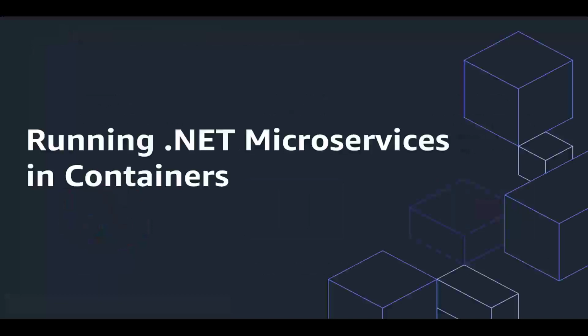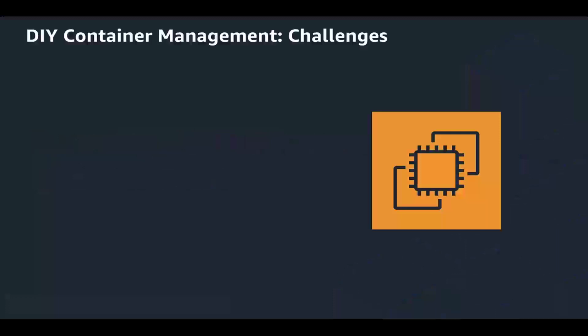Now we have our 3 microservices, and we've identified which ones are good candidates for containers. How can we run those containers on AWS? You can run containers on EC2 instances by installing Docker onto an instance and manually running your containers. This can work if you only have a handful of containers and services, but this manual approach quickly creates operational